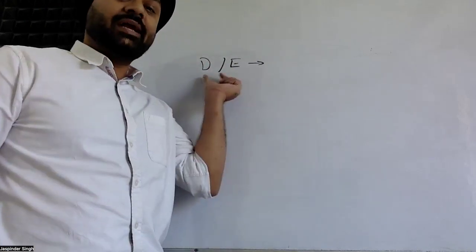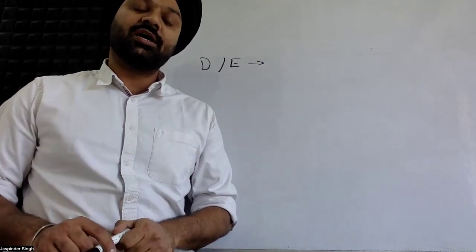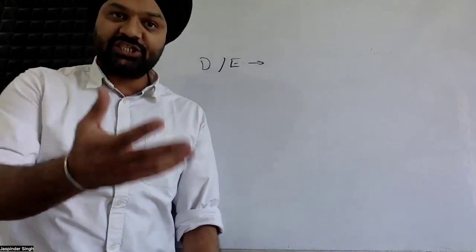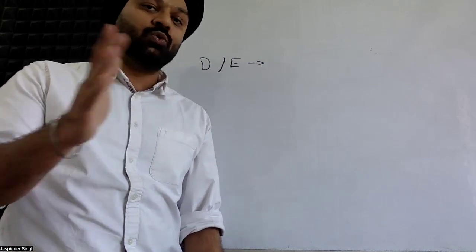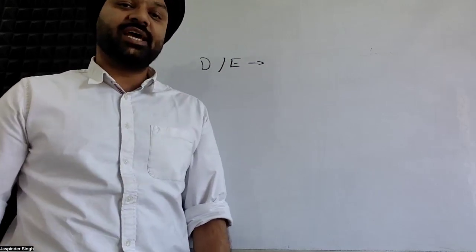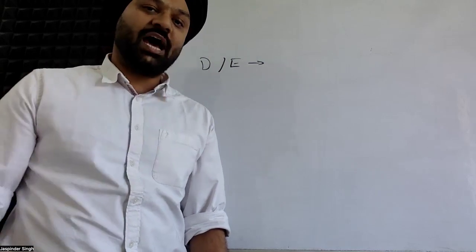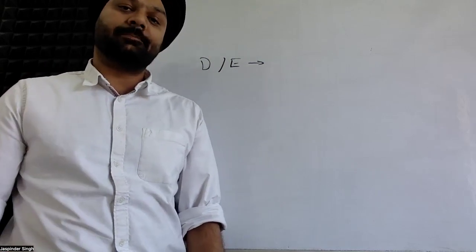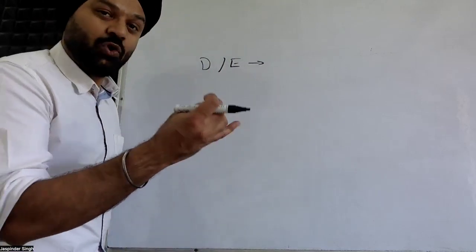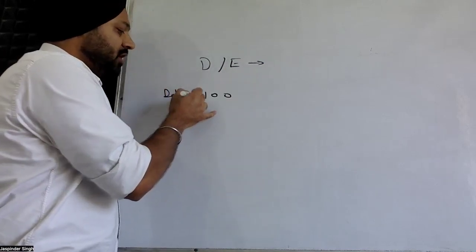But there are two terms, debt and equity. Every company raises money or gets assets in the form of cash with different tools. One of the tools is it can go to the banks and say, hey, can you give me a loan? And in lieu of this loan, I will give you some interest every year. Let's say that taking of loan is called debt. That he takes a debt of $100.